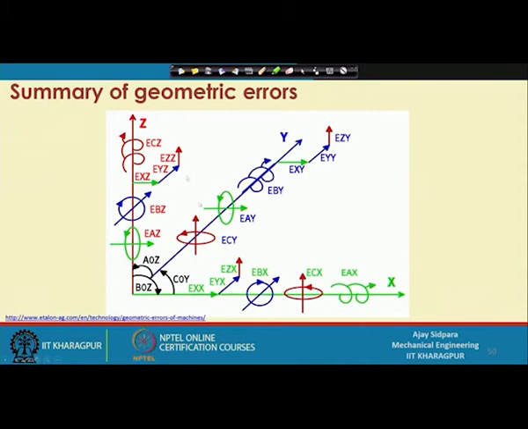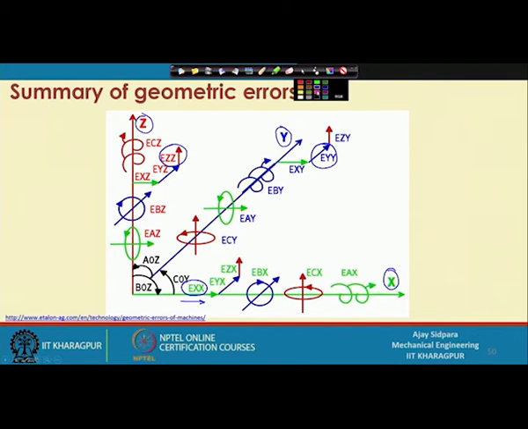So, this is the summary of all these errors. What are these things telling? We have 3 axes, that is the x axis, y axis and z axis. How many errors are possible? That is geometric error. First, we will get error in x, that means you are not able to get uniform motion, that is error in the x direction and translation in the x direction. Similar to that, we are getting the same thing, non-uniform motion along the y direction, and the same thing for the z direction, correct. So, these are the 3 errors in translation in the same direction.